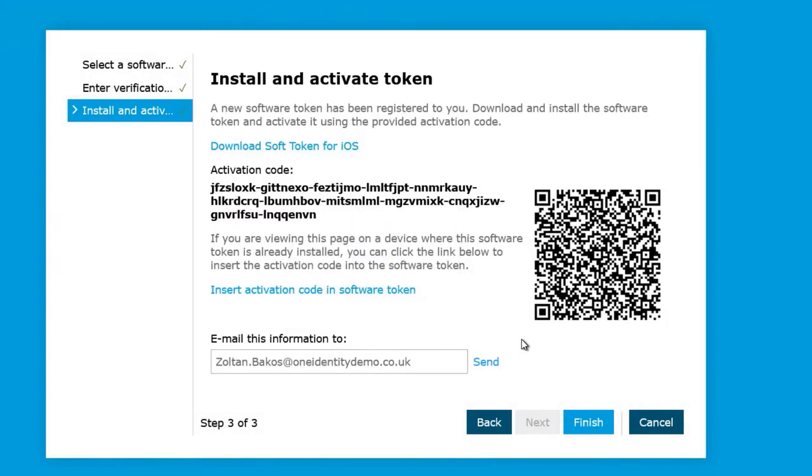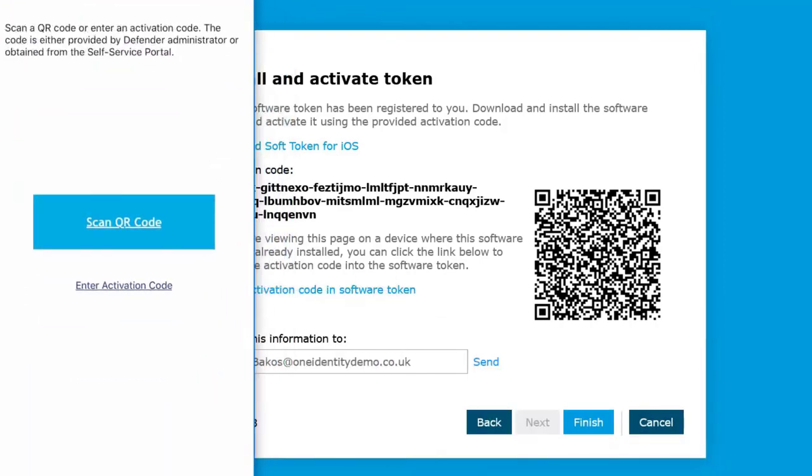So the next part for the users, and this is why it's really user-friendly, really easy to use, is all the user needs to do is actually bring up their iPhone, their Defender token. So they download it from the App Store, and then they just click on that QR code to register their new Defender token. So if I go into here, I'm just going to again bring across my mirrored iPhone.